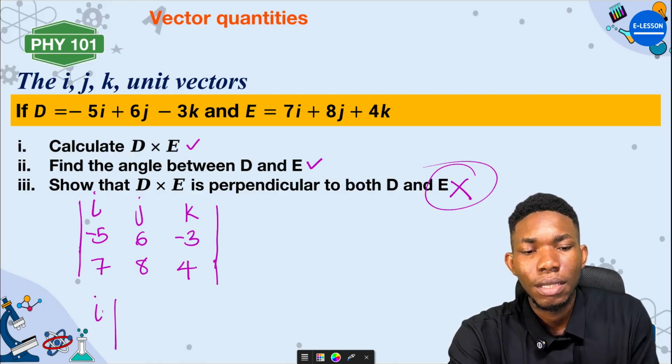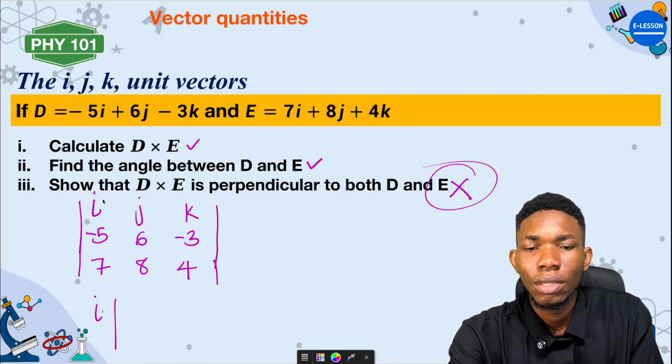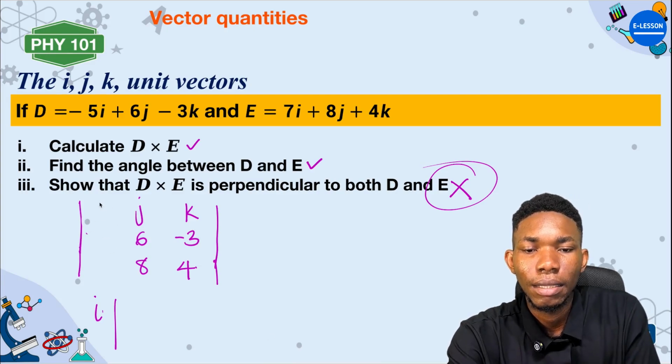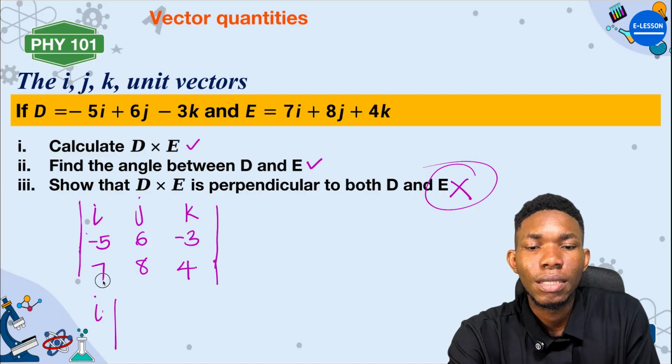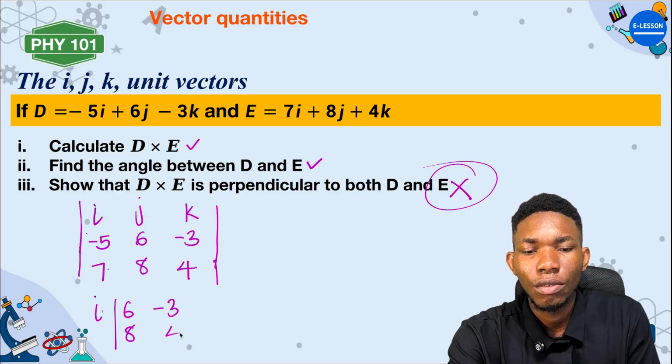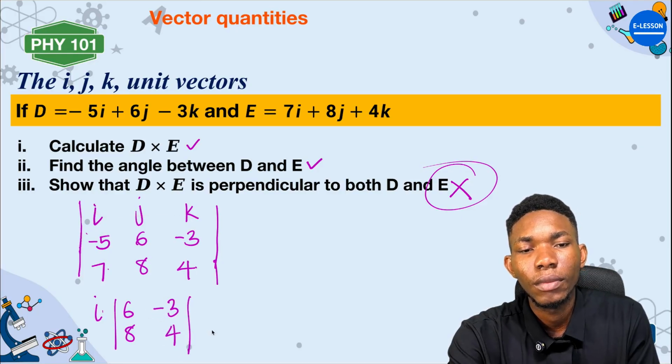Now this is going to give us, write i first. Now, from what I told you, here is i, here is minus 5, here is 7. Now, from what I told you, you cancel this one and this, and write what you have left. What you have left for this one is 6, 8, minus 3, and 4. Then you have minus j. All right, the next one now,